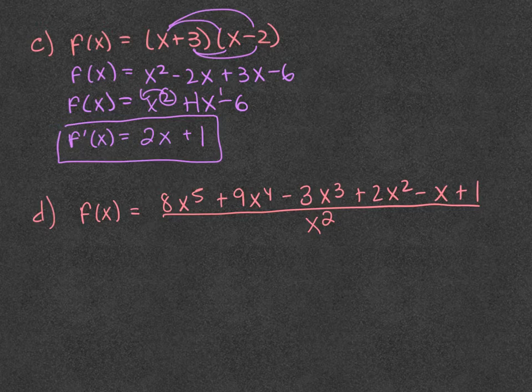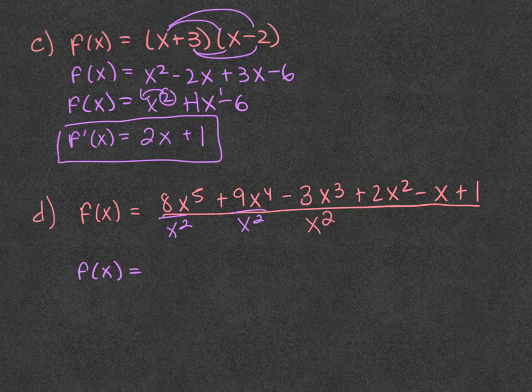So, as you hopefully remember from monomials and stuff way back when, if you have just one term in the denominator, then we can just divide each of the terms in the numerator by x squared. So I'm not going to write that in for all of them, but I'm doing each one of these divided by x squared. So if we rewrite this,